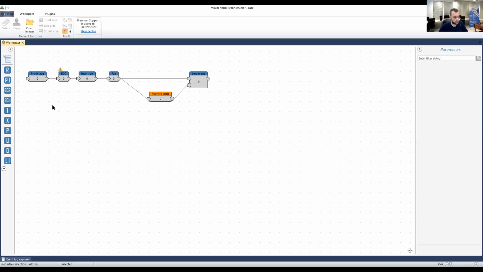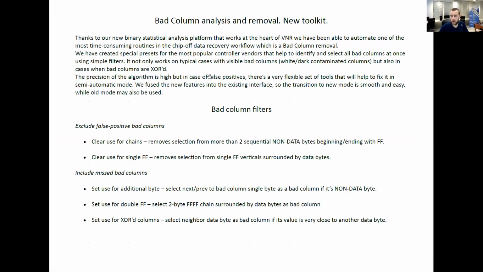All right, so that's pretty much all about these features we added into the Visual Nand Reconstructor. But just one remains, which is quite a big one and a time-saving one, sort of a new toolkit. I hope you can see the screen. So in the Visual Nand Reconstructor 3.9, we have added quite a powerful toolkit for dealing with